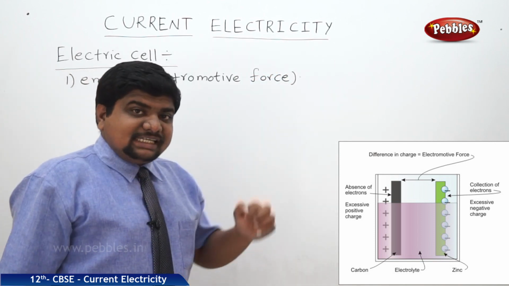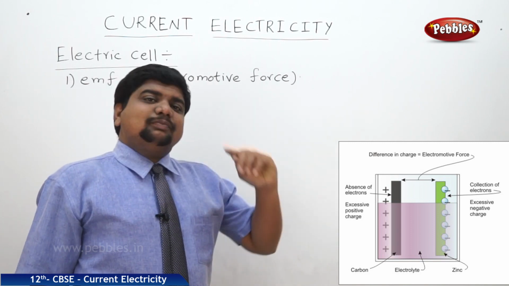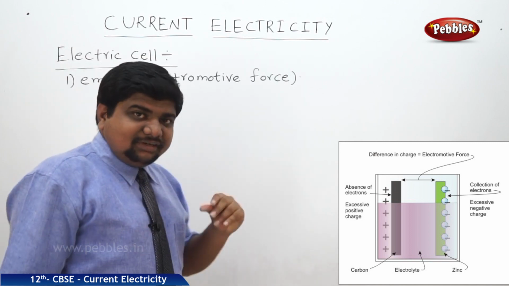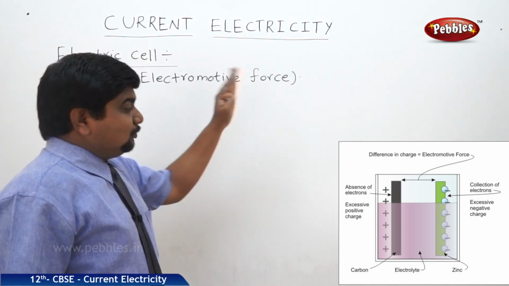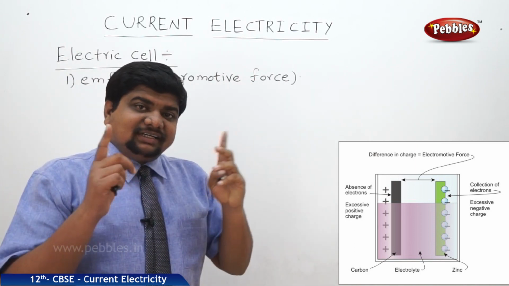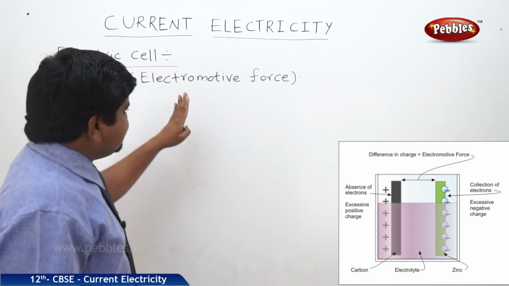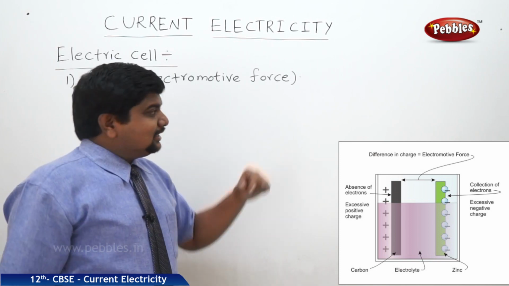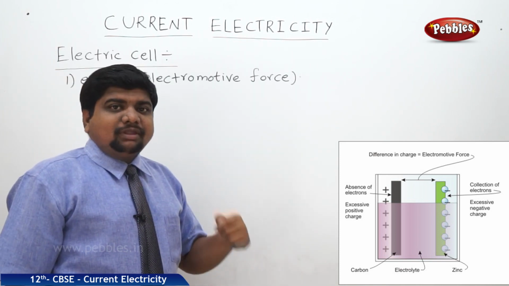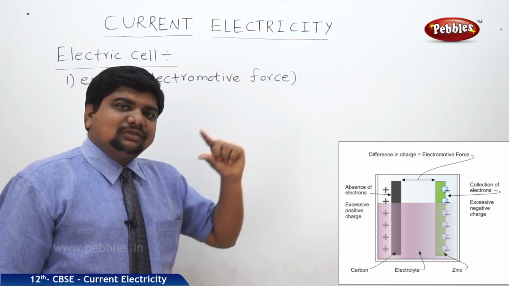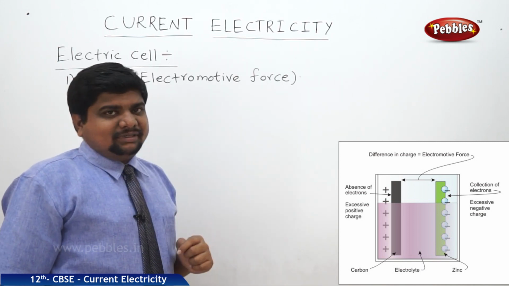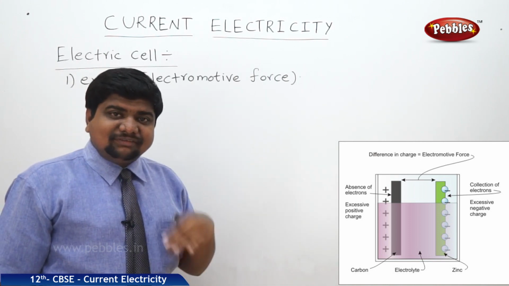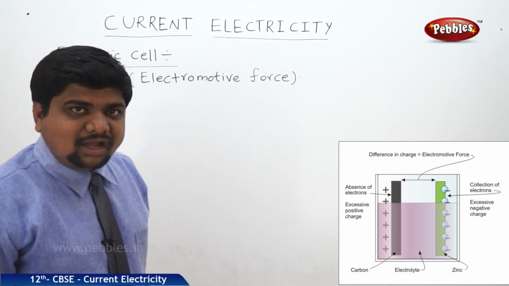This electromotive force is similar to the electric potential or potential difference in dry cells. In electrolytic cells, the cell is filled with electrolyte solution, and this is called electromotive force. In dry cells, the potential difference is like this. So what is electromotive force? Initially, the scientist who discovered this said that it is a force required to pump one charged particle from one potential to another, or one terminal to the other. But later discoveries proved that it is not a force, it is the potential difference between the two terminals of a cell.